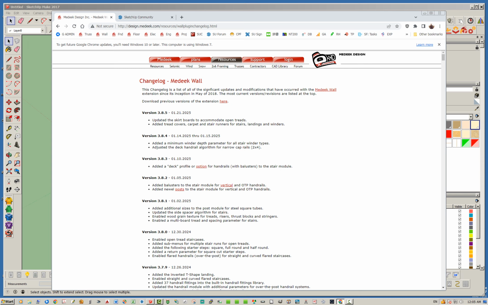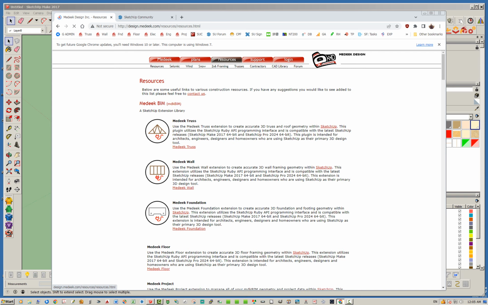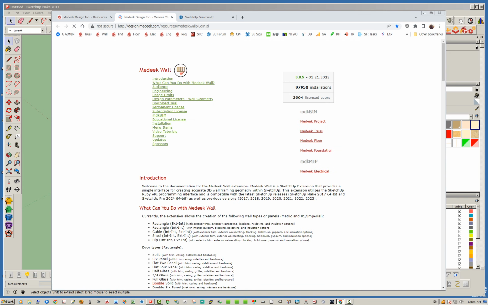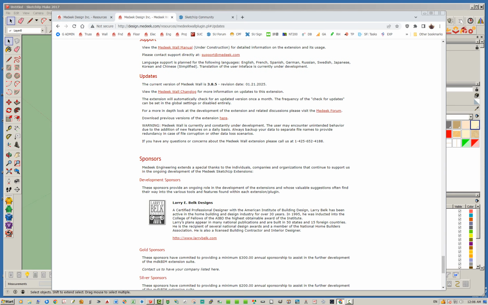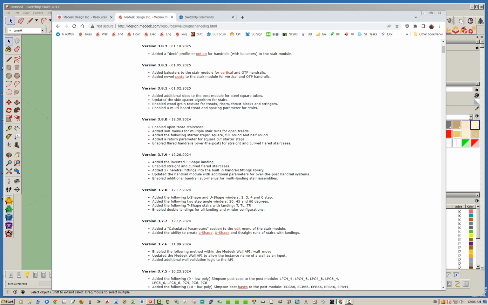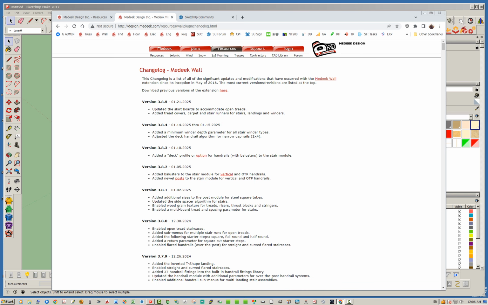on the stair module. If some of you aren't aware, if you go to the resources page and then go to the wall plugin, and then go all the way down to the bottom here, you're going to see a link for the Medeek Wall changelog. And as you can see, there's a nice little concise summary for each edition that's been released. I just wanted to make sure you're aware of that, just in case you didn't already